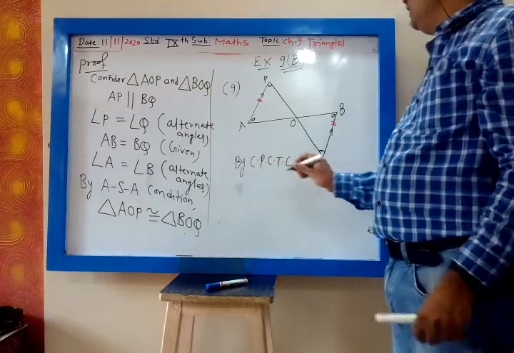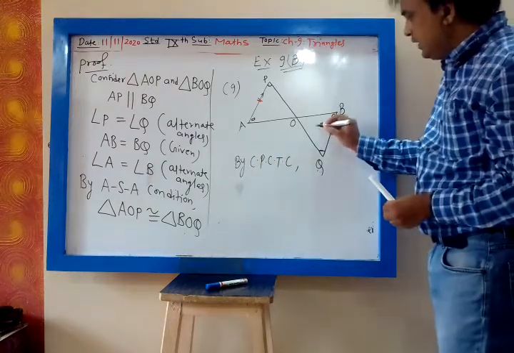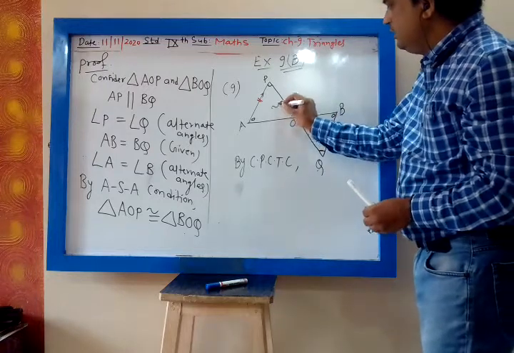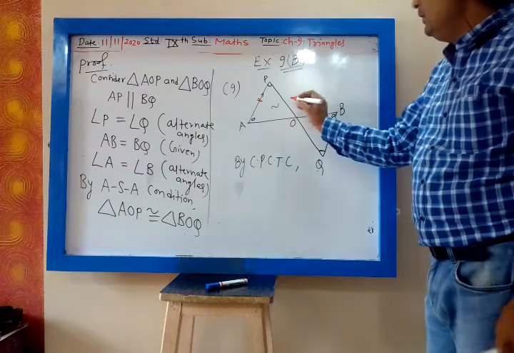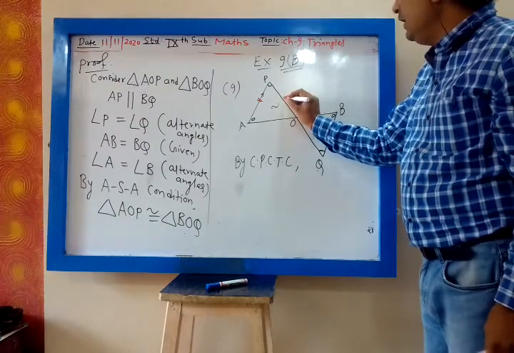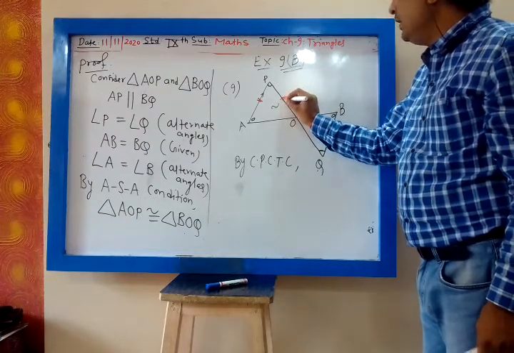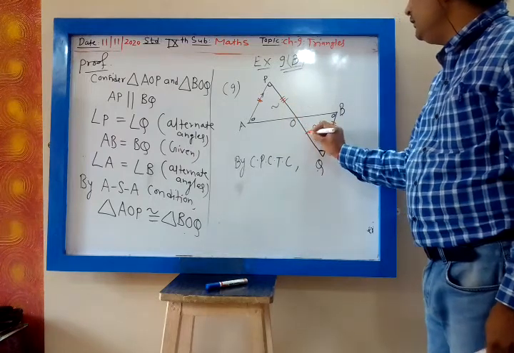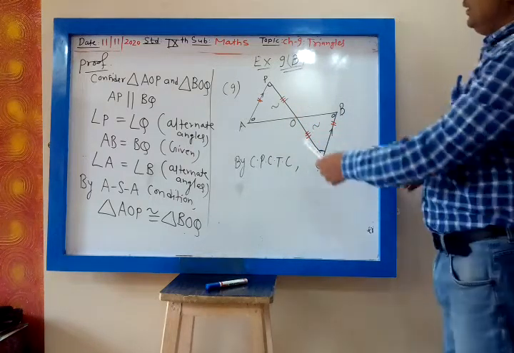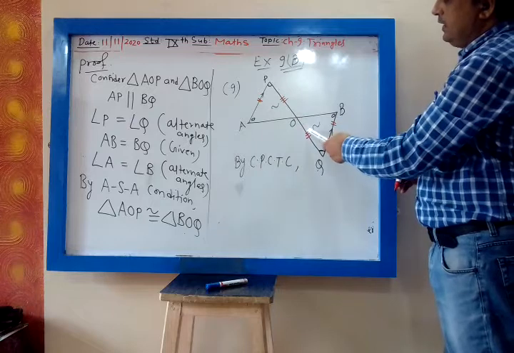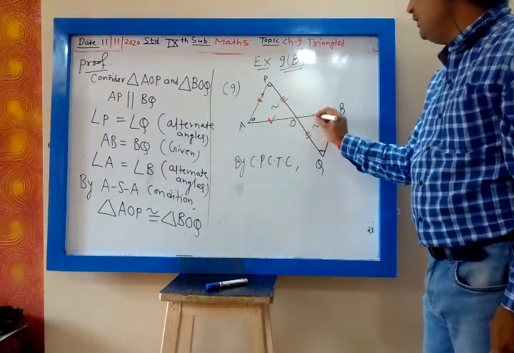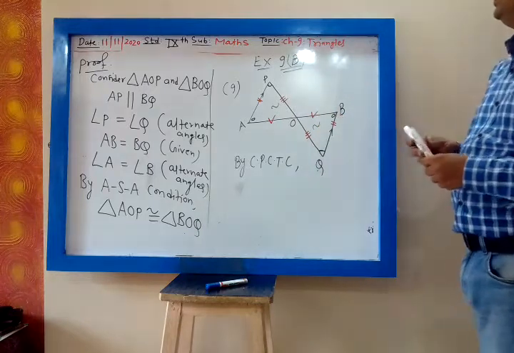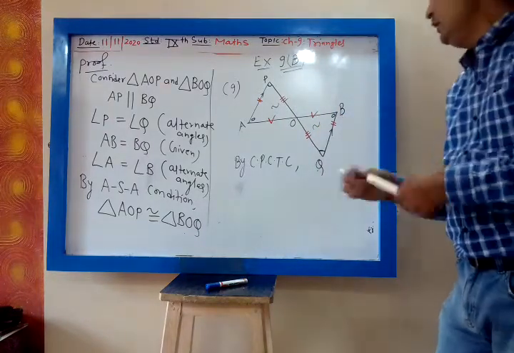Yes, what will you get? When this triangle is congruent to this triangle, when two triangles are congruent, their corresponding sides are equal. So this side will be same as this side. Yes or no? This side will be same as this side, and this side will be same as this side. This side will be same as this side. So you will get OP